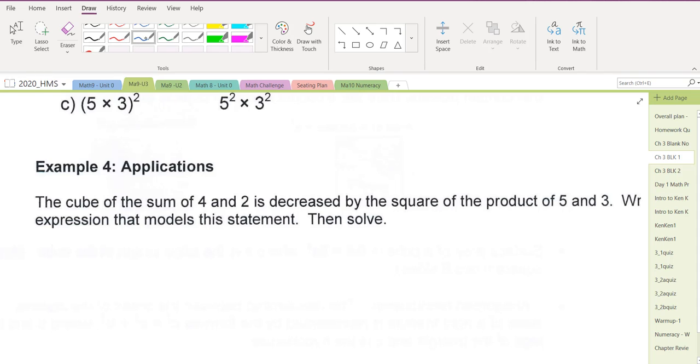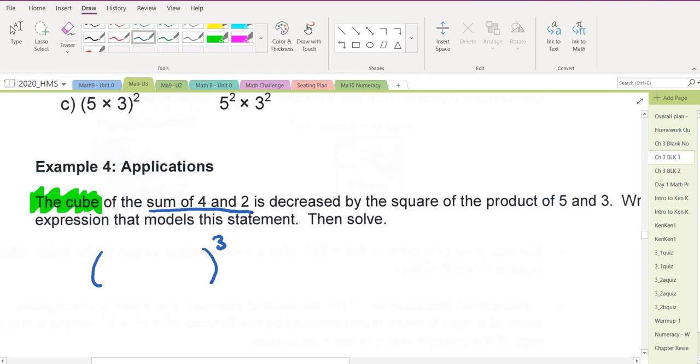Okay, so let's start off with the cube. So we're going to cube something. What does cubing something mean, David? Having an exponent of 3. So we're going to have an exponent of 3 on something. And it says, yes, David. What about 4 and 2? 4 times 2. No. Oh, sum. So it says sum of 4